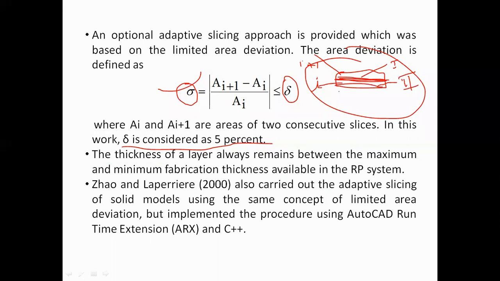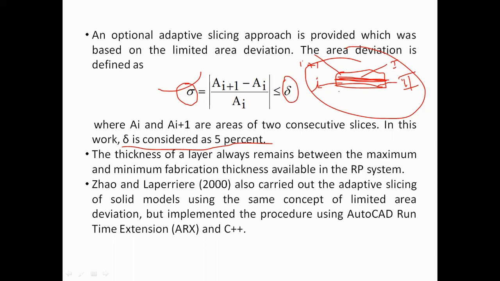You can go for adaptive slicing also. So the problem with this method was that the thickness of the layer remains between the maximum and minimum available in the RP system. It will give you a value in between the maximum and the minimum range, but it will never give you the optimal value of the surface layer thickness that you can take. It will always give you an approximate value, say your range is 100 to 500 micron. It will give you an answer like 200 micron or 300 micron, but it will not be giving you